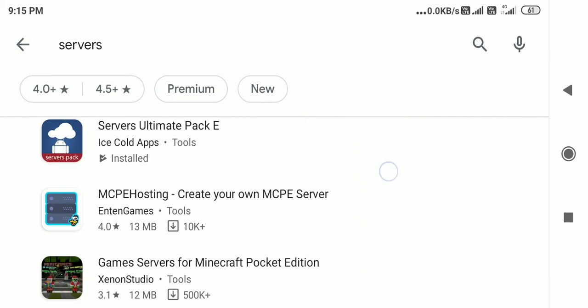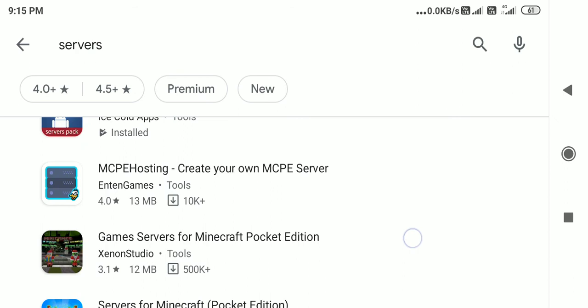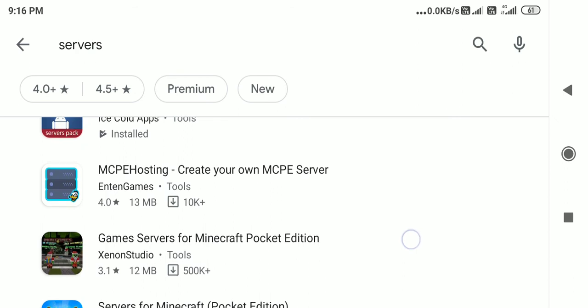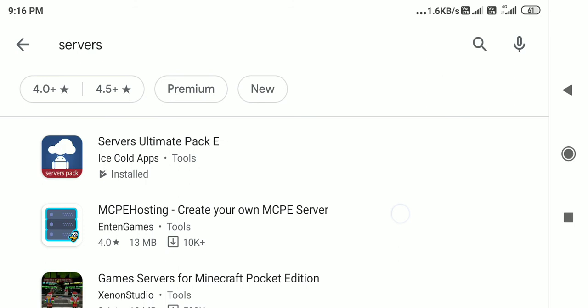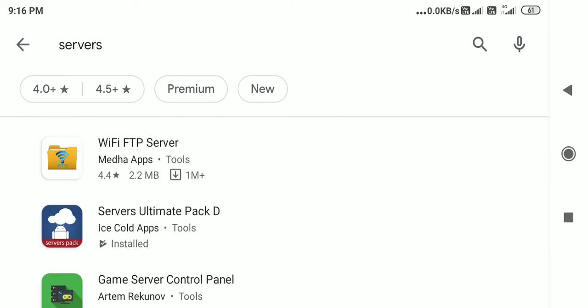Which was the one I installed? Let's see, the game server for Minecraft. No, not this one. Which one did I install?